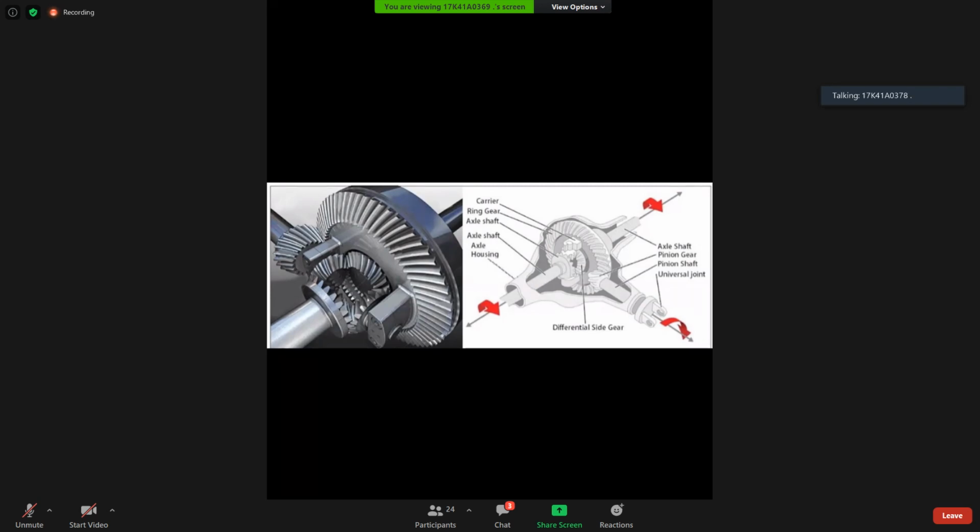Sir, I forgot one thing. When we are turning the wheel, left turn or right turn, for example I'm taking a right turn, there will be an RPM difference between the front left wheel and right wheel. If both wheels have the same RPM, then we can see slippage of the tires. When we are turning right, the right wheel should have lesser RPM compared to the left wheel. So the differential will manage the RPM by using those two pinions. This is also one of the important functions of a differential gear.